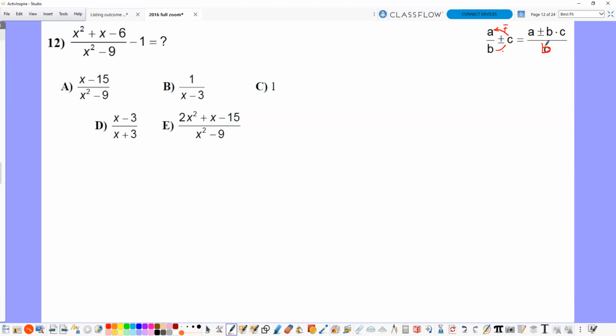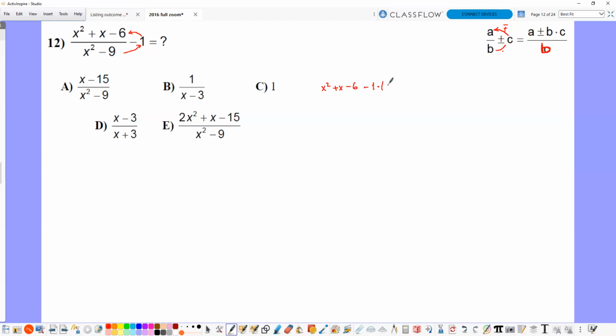I'm sorry for this one. This is the second formula that is wrong. This should be B here, and that's going to be equal to A plus minus B over C divided by B. The denominator is going to stay the same. That's why here you're going to multiply this one and then subtract from this expression, which is equal to x squared plus x minus 6